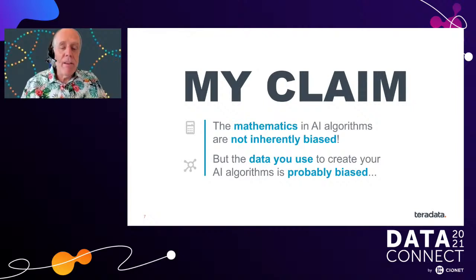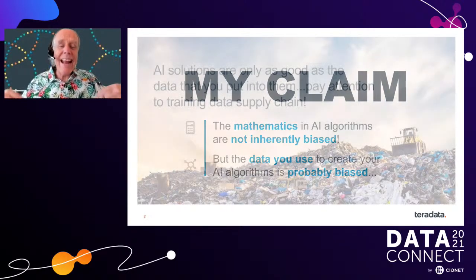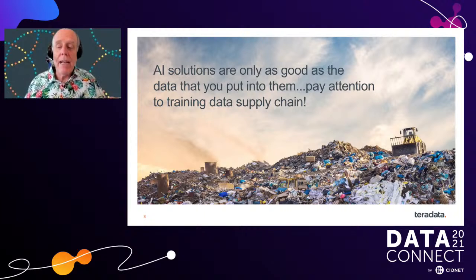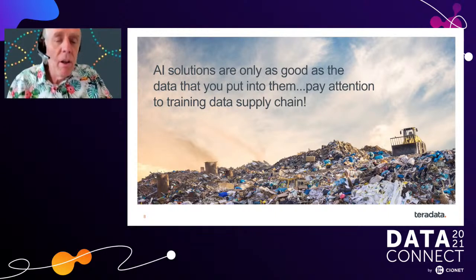My claim is that the mathematics in the AI algorithms are not inherently biased. Math is not biased. It's actually the data that you use to create the AI algorithms, the data that you use in the training sets that are used to derive the mathematics, that's where your bias typically exists. So when we're looking for bias, it's important that you examine your data supply chain for the training. Now, when you're looking at that data, there are many different characteristics that are important. So for example,